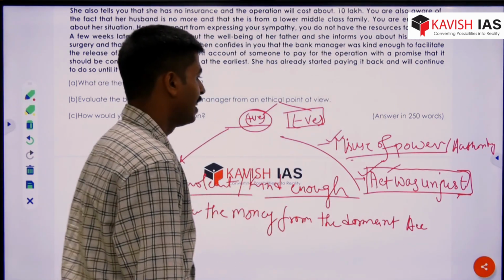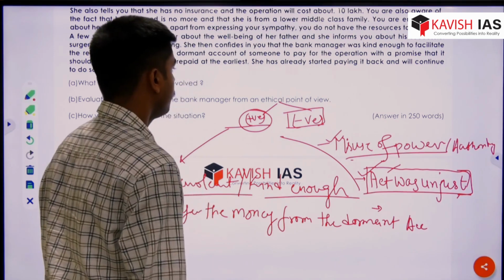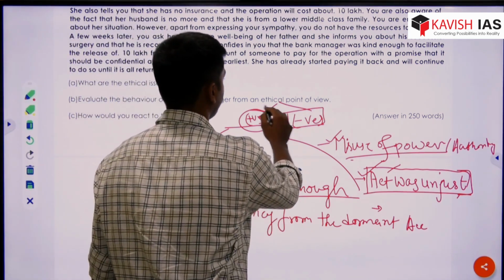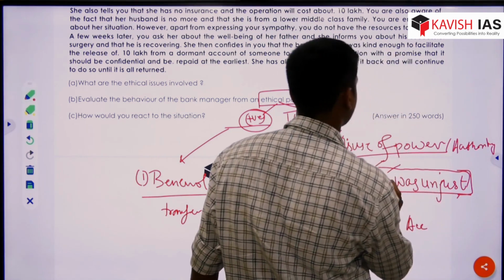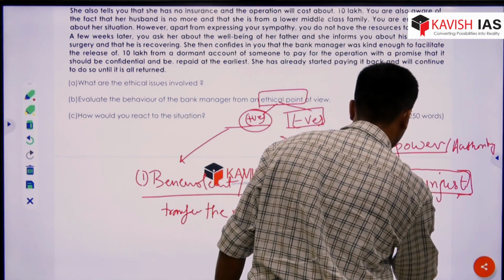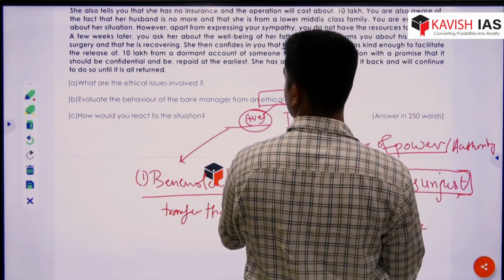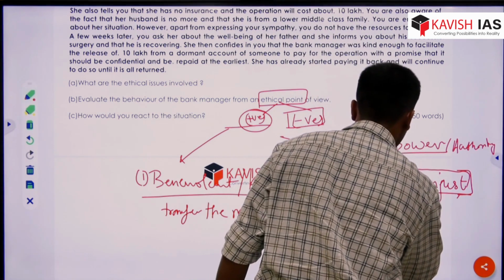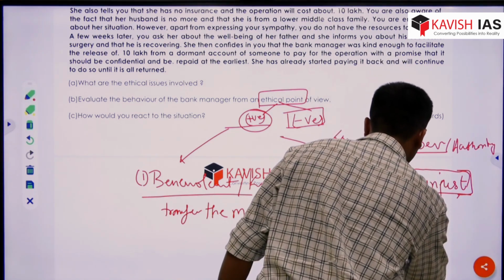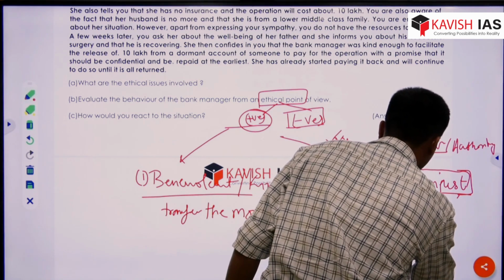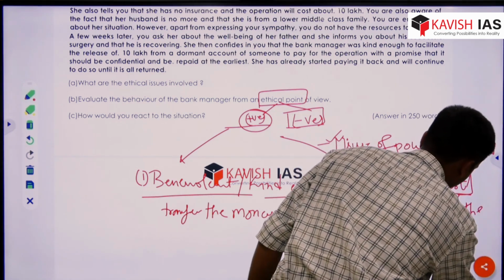So the first is misuse of power. The second was an act was unjust. And third, we can say that from an ethical point of view, the act was misuse of authority. I would say the act was unjust, misuse of power, and not following the set procedure,